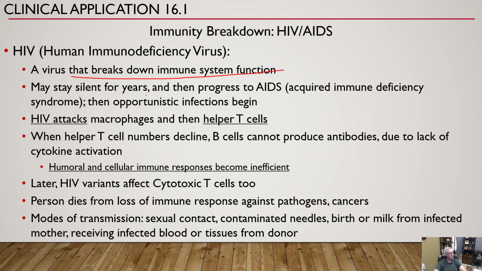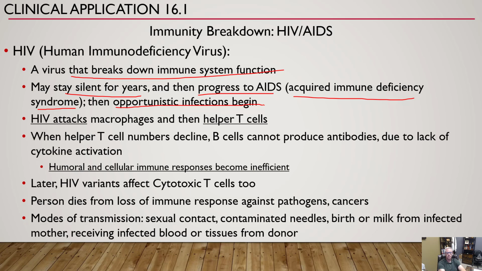It's a silent disease. You could have HIV for years before you start noticing any signs or symptoms. And left untreated, it's going to progress to AIDS, which is acquired immune deficiency syndrome. And then as your immune system starts to break down, you're going to see opportunistic infections. Opportunistic infections are basically things that your body should be able to fight off but can't anymore because you